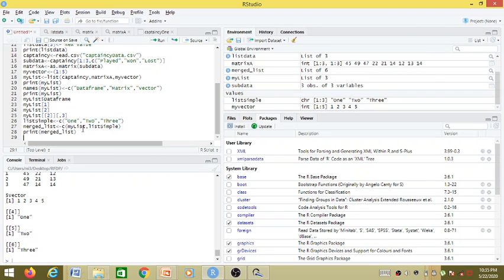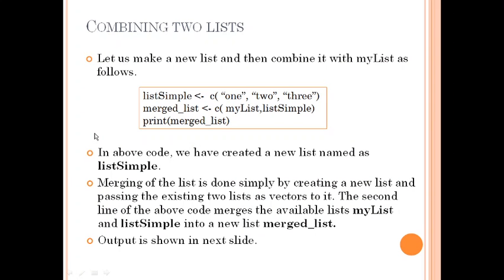So it is very clear that whichever list is given first in the vector will be kept first, and whichever list is given second will be added at the end. Up to the first 3 elements it has elements from my list, and the next 3 elements have been added at the corresponding index positions 4, 5 and 6. So the last 3 elements are coming from list simple. So this is how we add two lists, and it is very simple adding two lists into a single list.